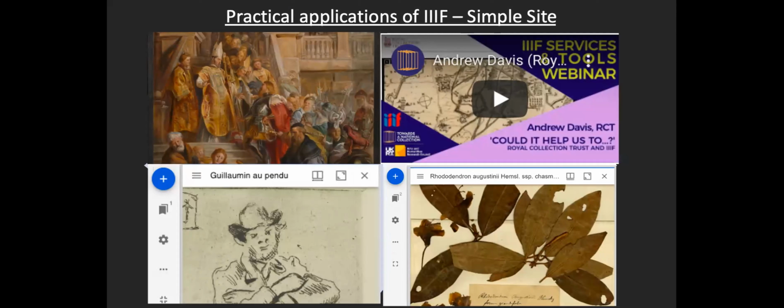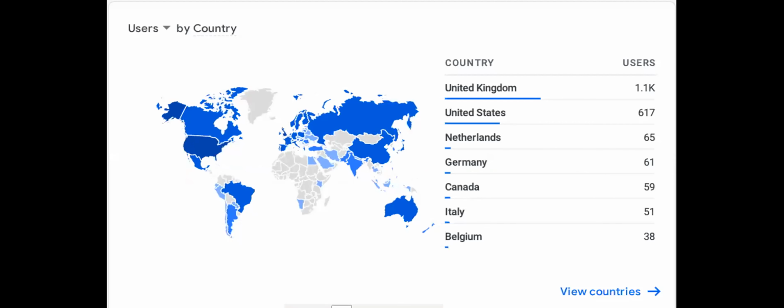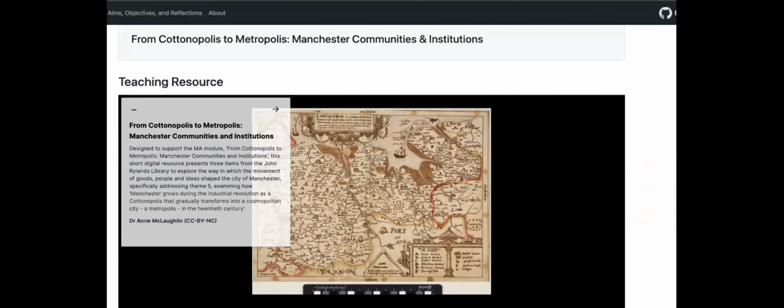So I was meant to keep this quite short at 5 minutes today, but I thought we also should think about the ways in which this can take on a life of its own beyond the project. First, we can say it did have a fairly good reach. As you can see, we spread fairly across the globe with a fair number of users in each, with the United Kingdom being our most popular. But going beyond the project and beyond the national collection,